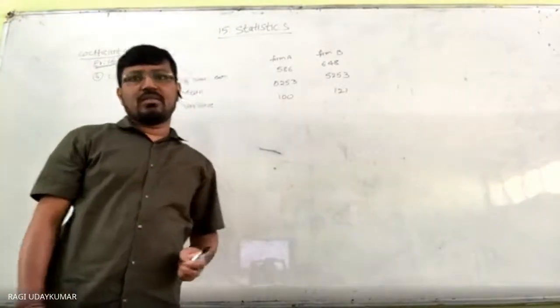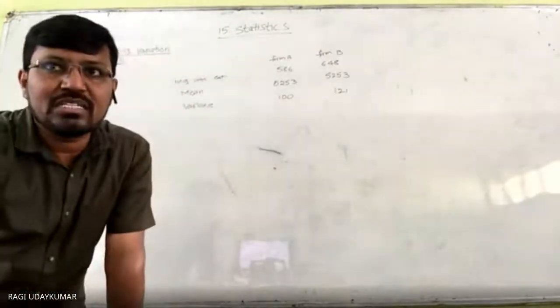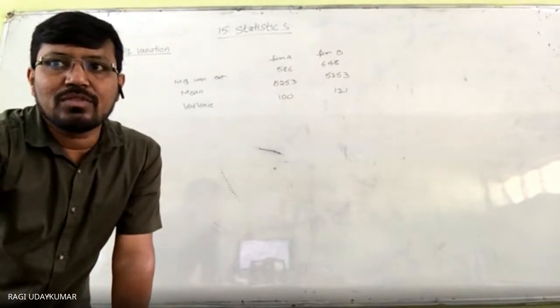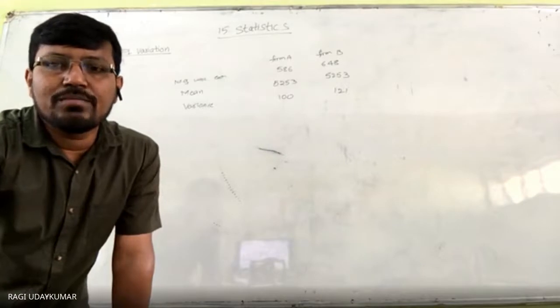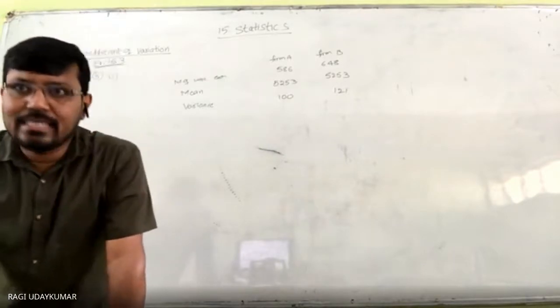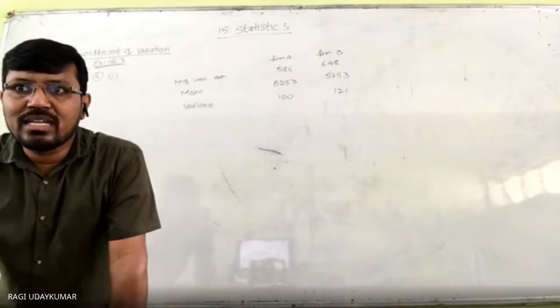Simple question this is. Only the sixth question is different here, and the fifth question you can also do that way. The number of goals and the number of matches are given to you. The number of goals you consider as xi, and the number of matches you consider as the frequency.